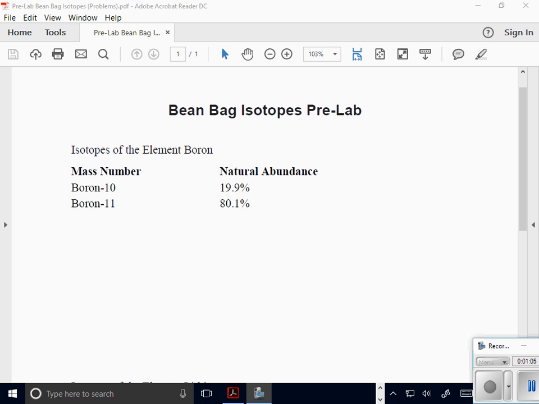Now, how do I get natural abundance into relative abundance? Well, the relative abundance is the decimal form. So if I divide the natural abundance by 100, I put it back into a decimal. So that is the relative abundance. So my atomic mass, or excuse me, atomic weight